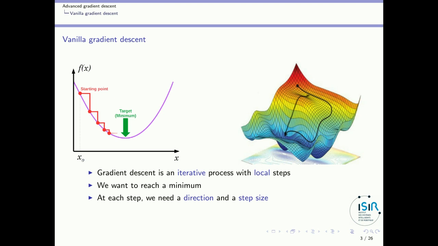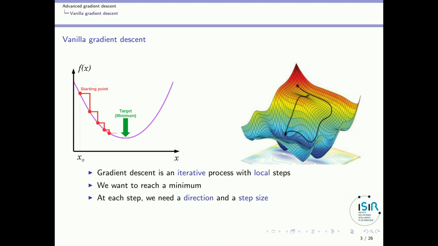So first, a reminder about vanilla gradient descent. So basically what is it? In general, you have a function, which is a cost function, let's say, that you know through an equation, and you want to find a minimum over this cost function. As we will see, gradient descent will look for this minimum in an iterative way with some local steps. You are there and then you perform a step, you are here and here and here and so on. So you want to reach the minimum after as few steps as possible.